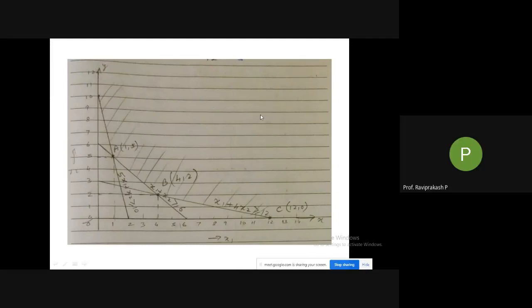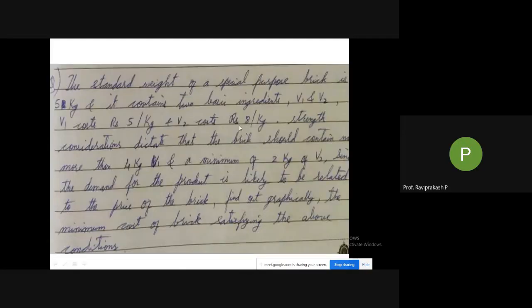So now moving to the next sum. So this is a formulation. Easy one, but a bit tricky. I hope you remember the formulation first two sums. Then we started focusing more on the graph because many of you had some difficulty in graphs. So this one is a whole sum where we need to formulate plus draw the graph and come out with the solution. Then just read out the question.